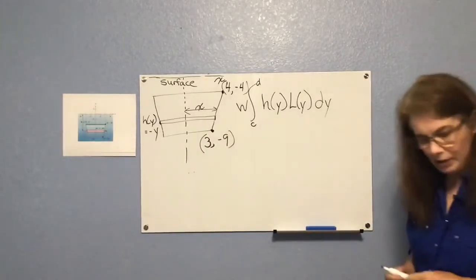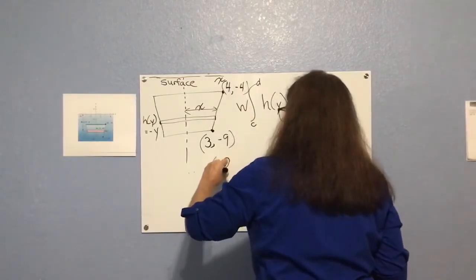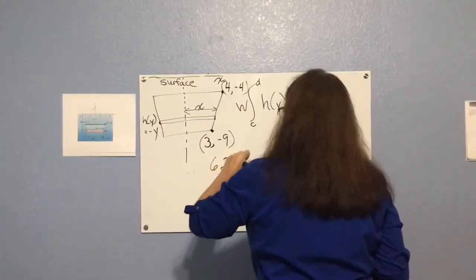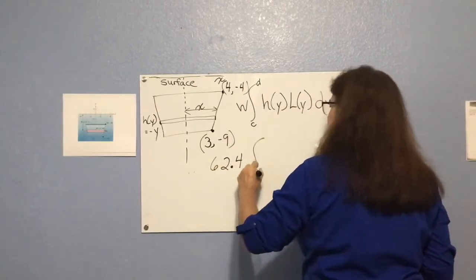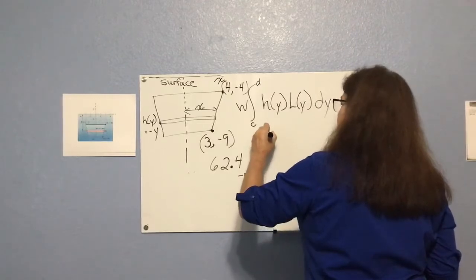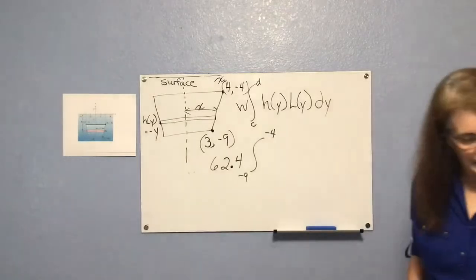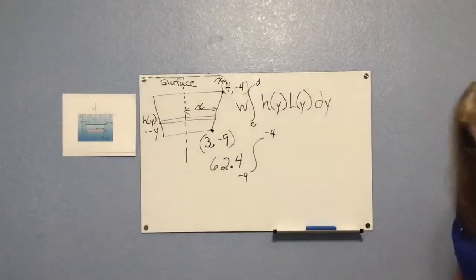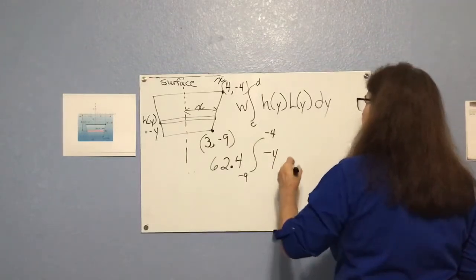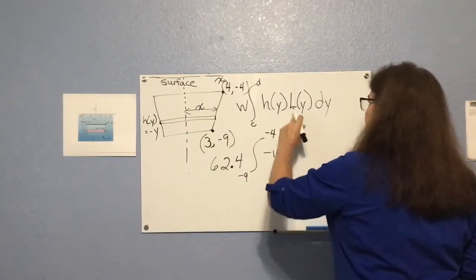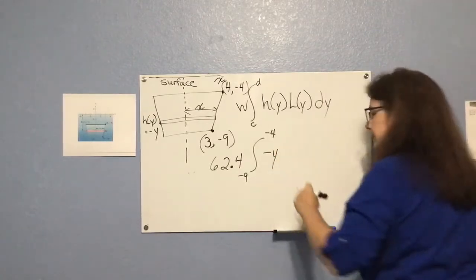Okay, we are talking about water here, so my W is going to be the 62.4. And I'm going to integrate from negative 9 to negative 4. And my height is going to be negative y. And my length is going to be